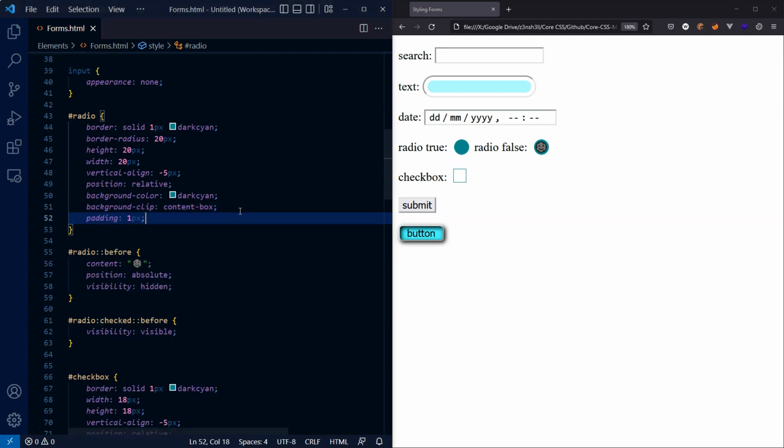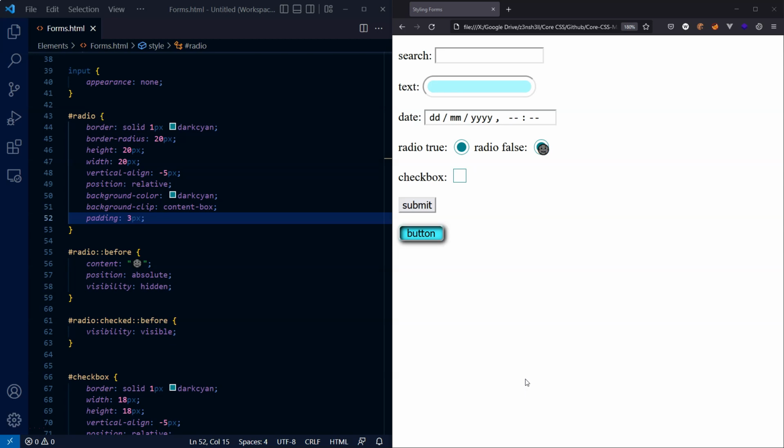So let's set the padding to 1 pixel. There we go. We can see we have a solid color. If we set the padding a bit higher, this might be the kind of thing we associate with a radio button. So essentially we could style that background to appear or not to appear based on the state of the element. So you can see there's more than one way of achieving the same thing,